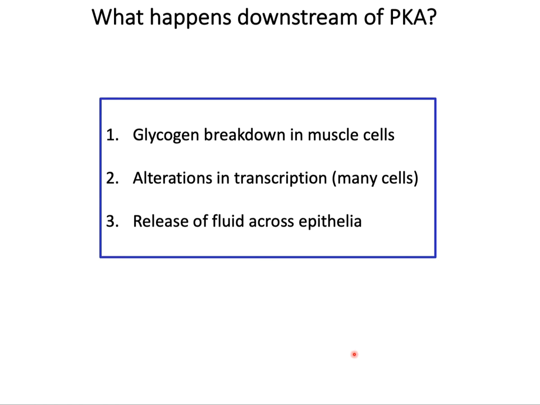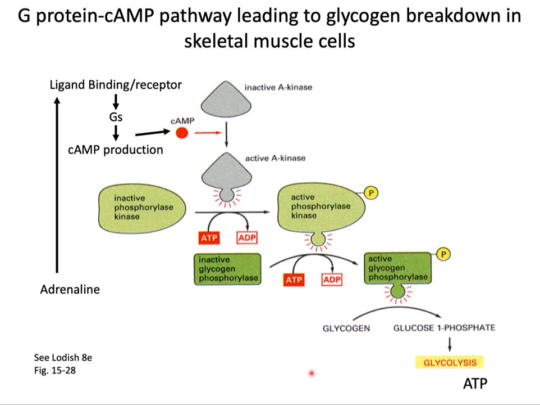So in muscle cells, we observed glycogen breakdown. In many different cell types, we can see alteration in transcription. In epithelial cells, we observe the release of fluid or passage of fluid across the epithelial layer. So let's look at each of these individually. So in the skeletal muscle, the major storage for energy is glycogen and can be readily converted into glucose 1-phosphate, and then the glucose 1-phosphate can enter into the glycolytic pathway,